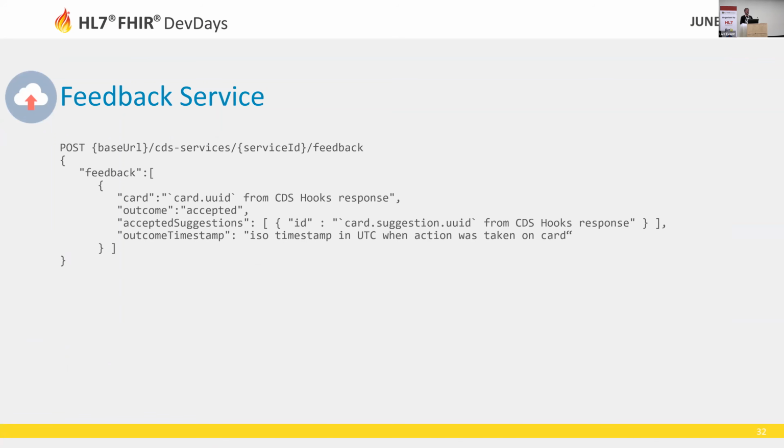All right, so feedback service. Another aspect that was added was this feedback endpoint in 1.1. So in the current specification, there's no feedback. The service doesn't ever get any feedback about what the clinician actually did with the guidance that it returned. So that's kind of flying blind from a service perspective. And so actually being able to provide feedback about what the user did with those suggestions is an important piece. So that was added in